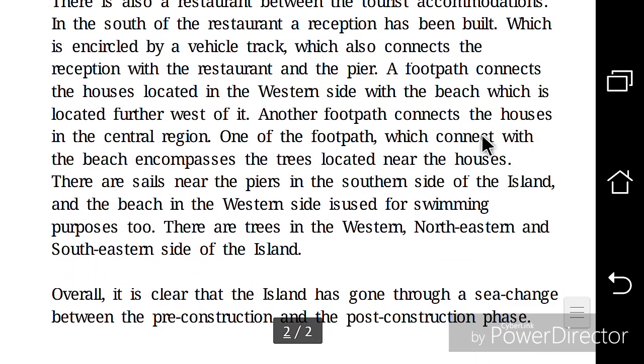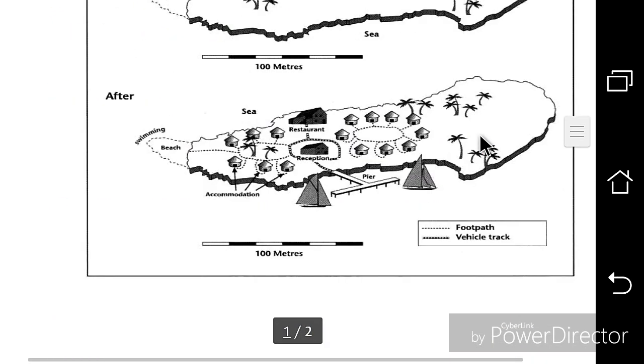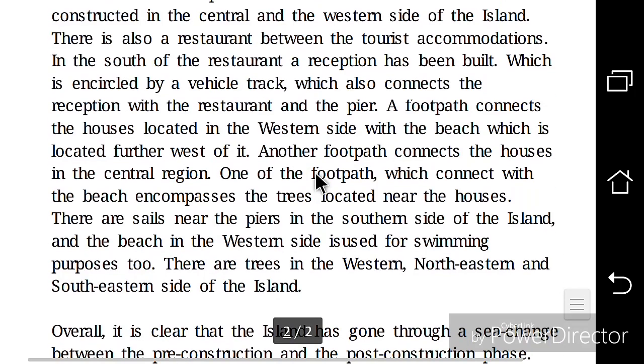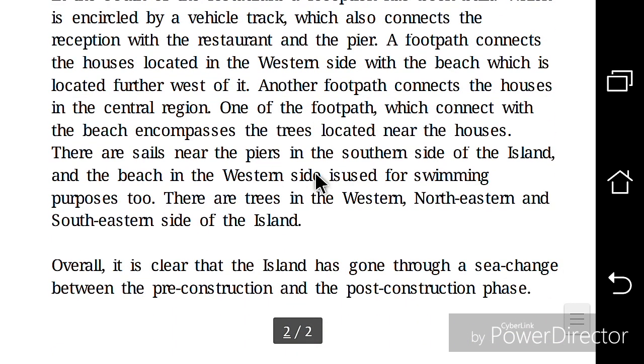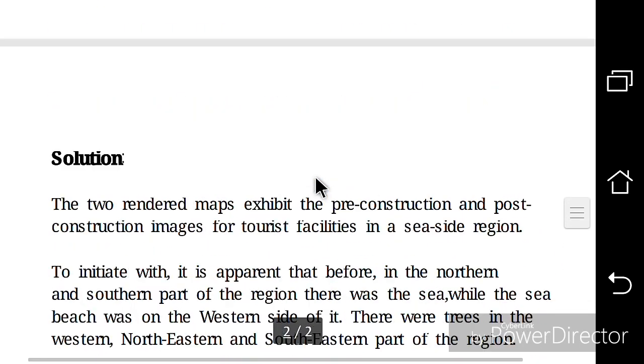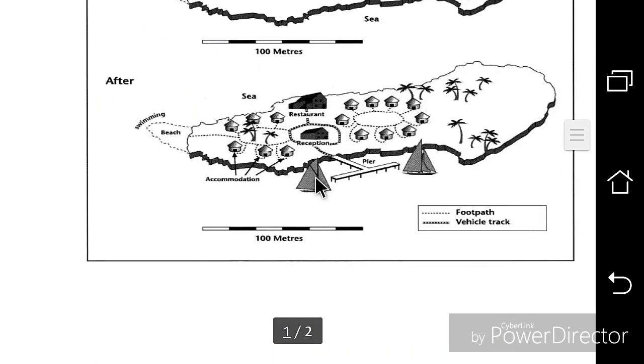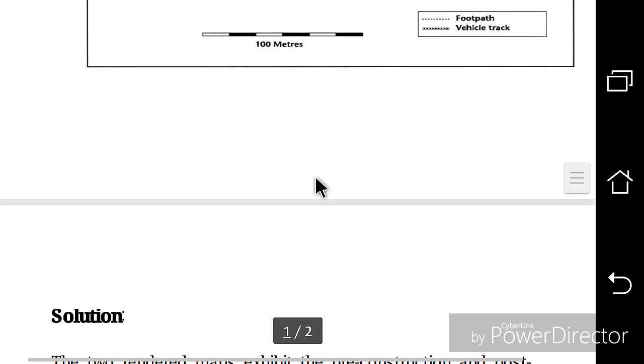Another footpath connects the houses in the central region. Here I have mentioned another footpath that is connecting all the houses. One of the footpaths which connects with the beach encompasses the trees located near the houses. So here I have also said about the footpath that is encircling the palm trees or the given trees, and after that I have written,